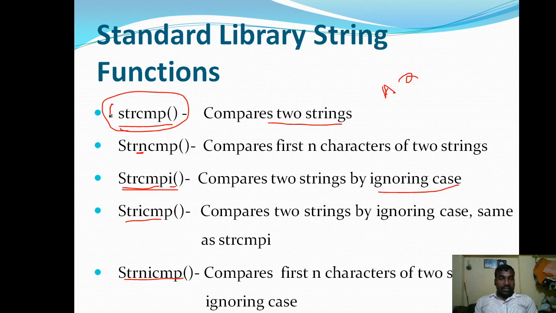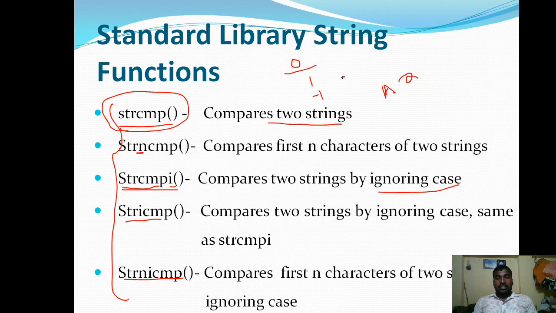In all these comparisons, you need to understand one thing. When two strings are compared, if both the strings are equal, then it returns 0. 0 means both the strings are equal. If both the strings are not equal, then it is going to display either 1 or minus 1.